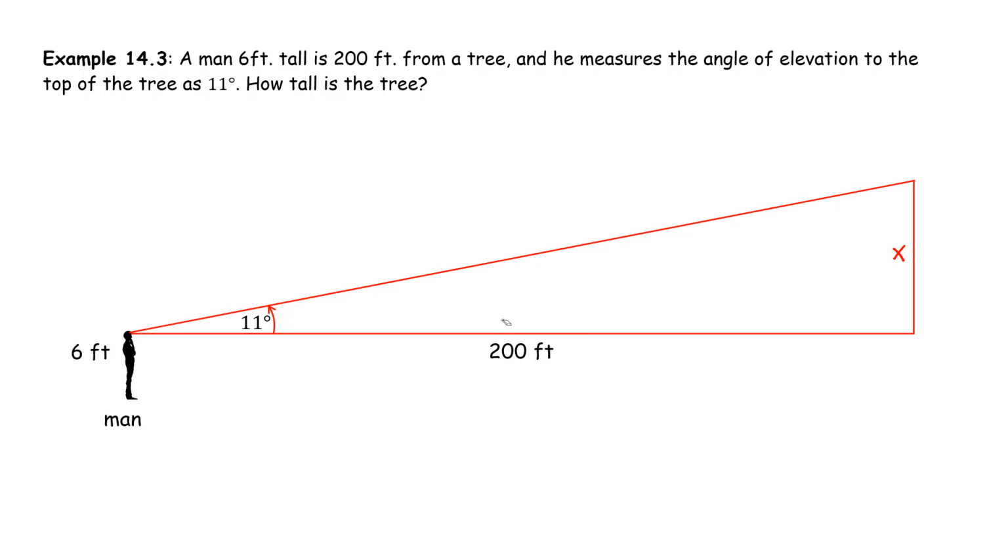So that's opposite. And we have the 200 feet is the adjacent side. So we're going to use tangent. So tangent of 11 degrees is equal to opposite over adjacent. And now we just multiply both sides by 200. And we're going to punch that into our calculator. Hit 11 degrees, then hit tangent, and then multiply that by 200. And that's going to give you about 38.88